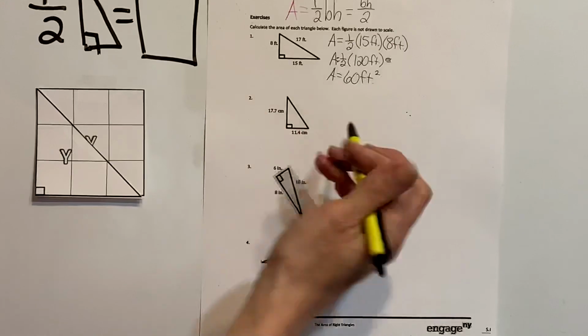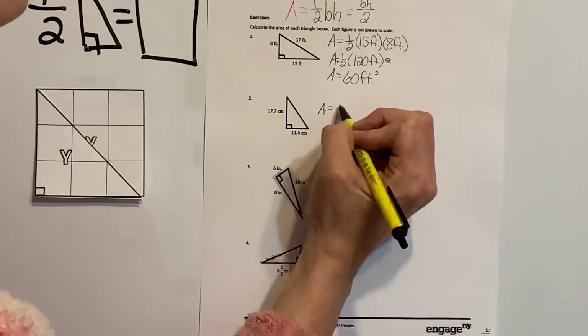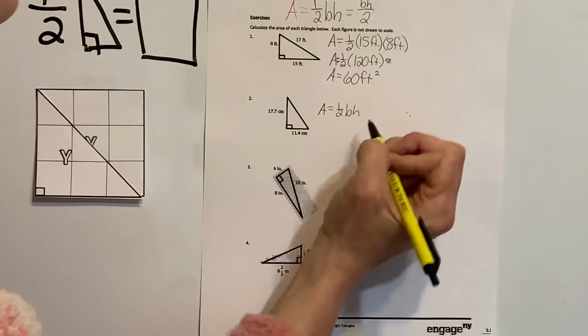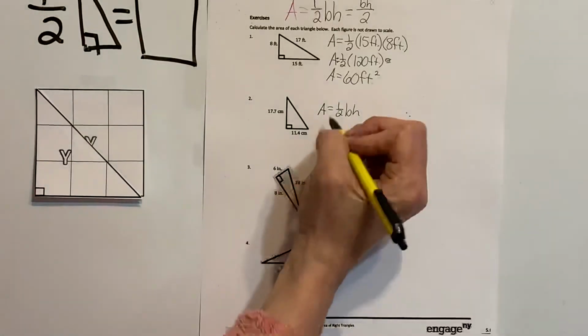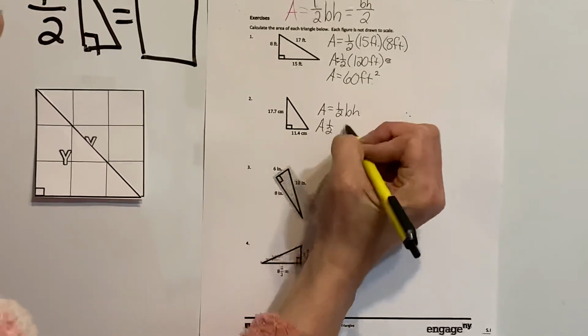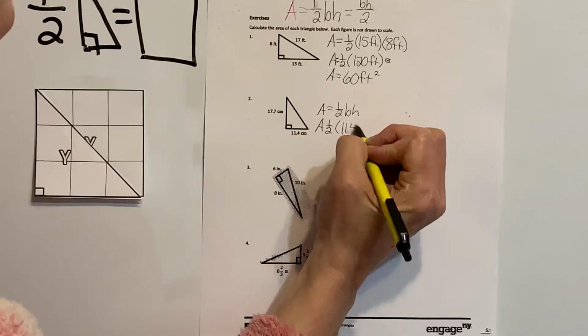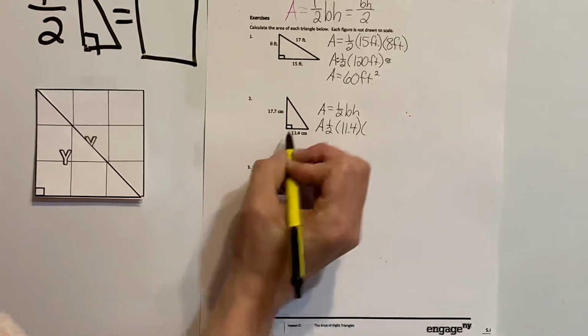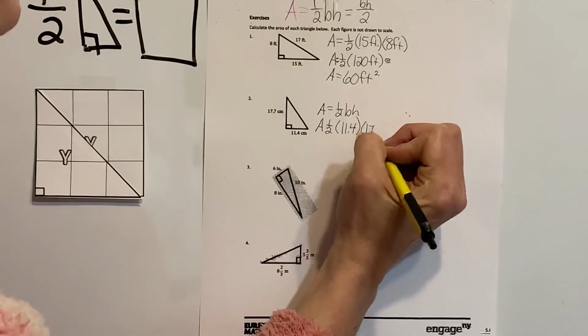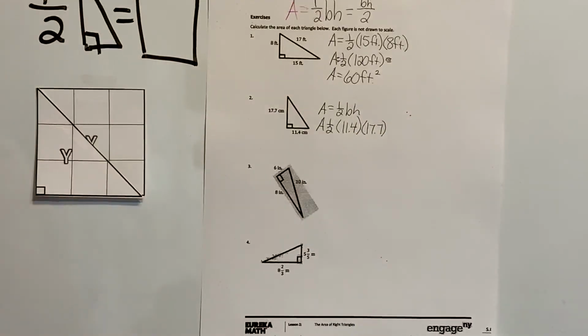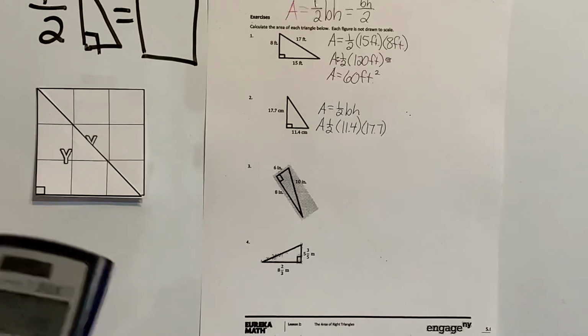All right, here we've got area is half base times height. So let me fill that in. So area is half, 11 4/10 times the height, which is 17 7/10. So I can take my calculator and multiply 11 4/10 times 17 7/10 equals